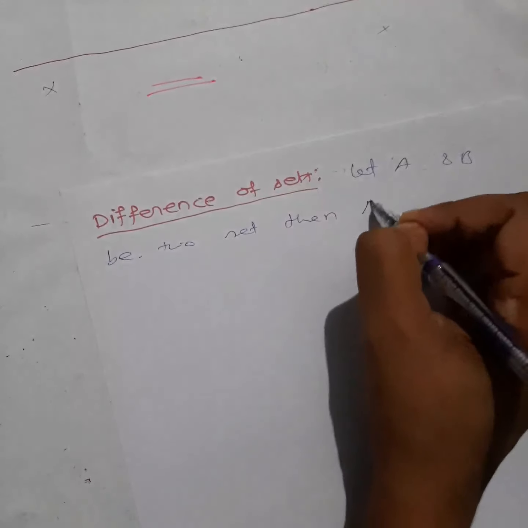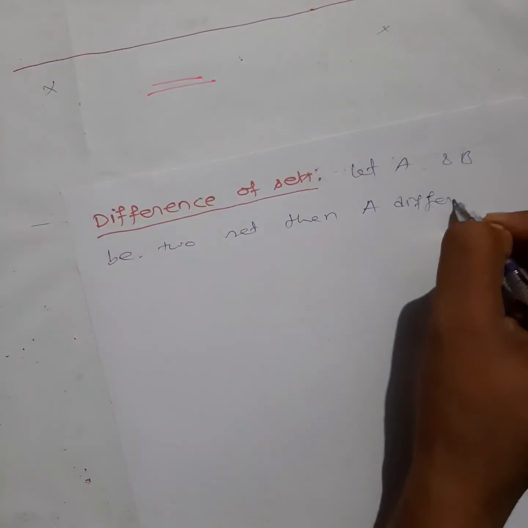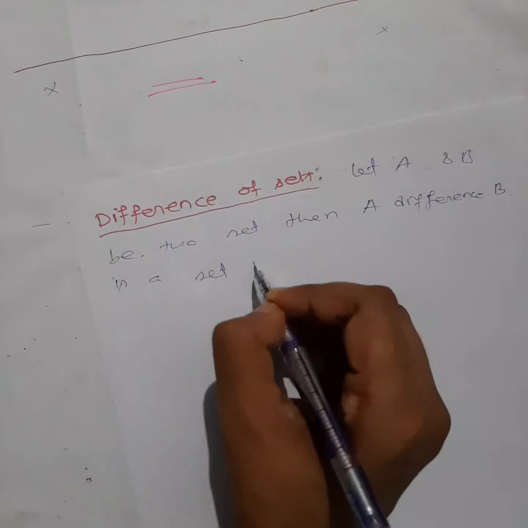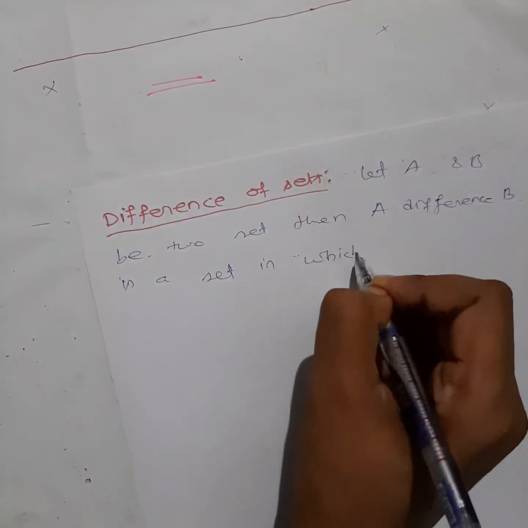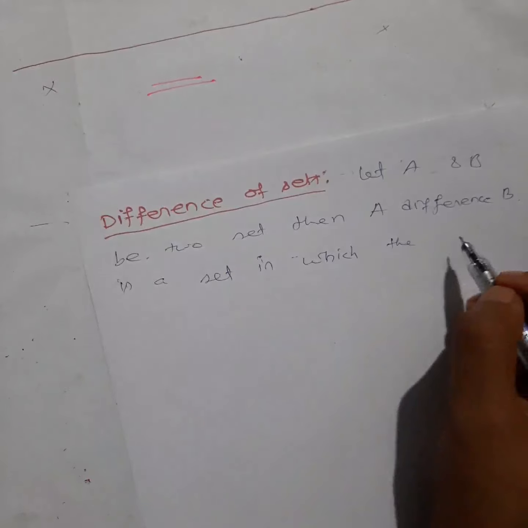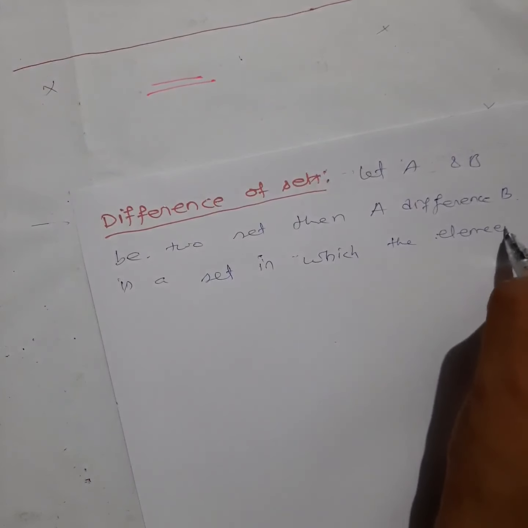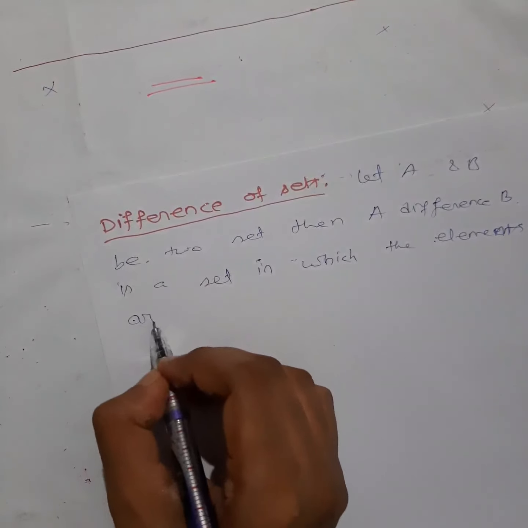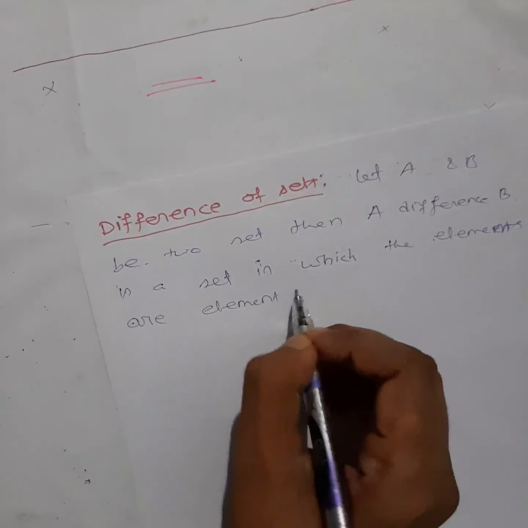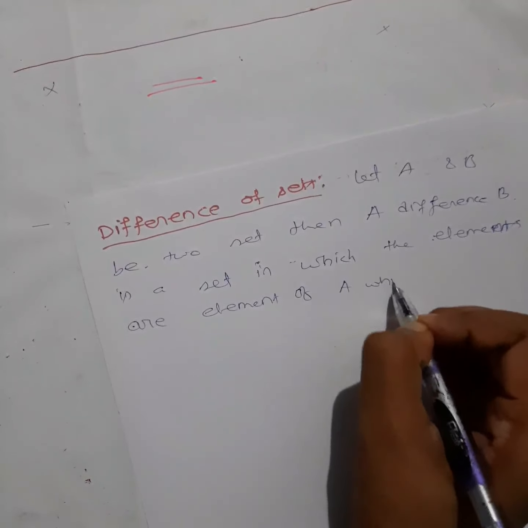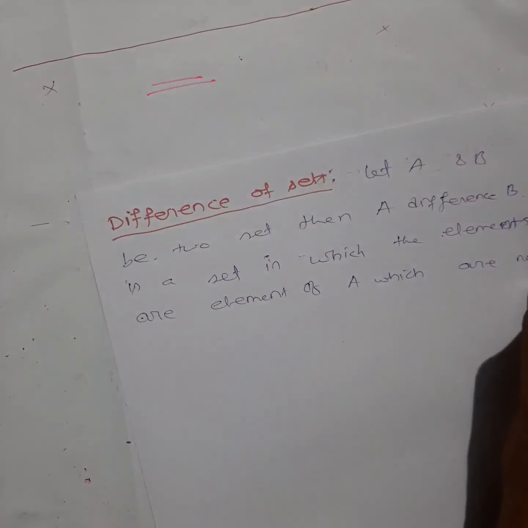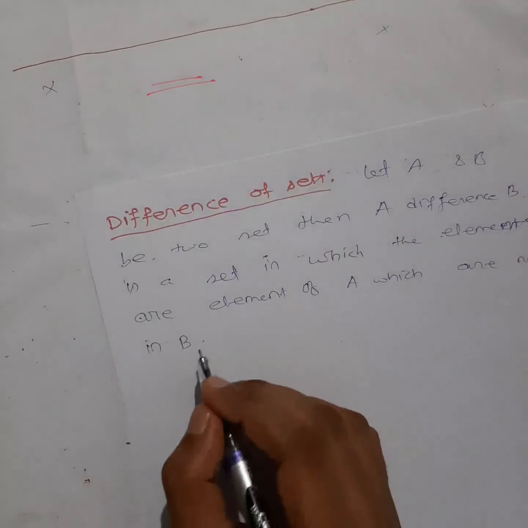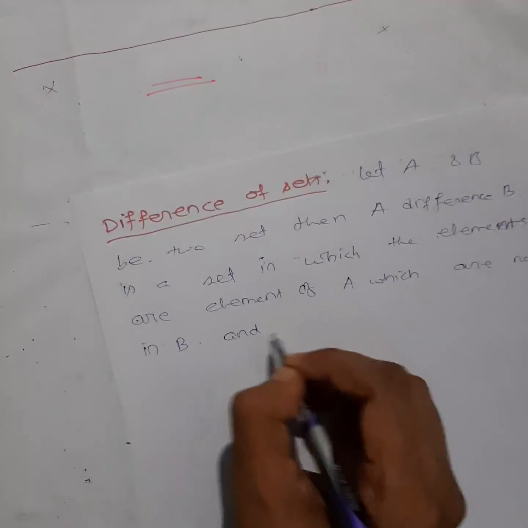Then A difference B is a set in which the elements are elements of A which are not in B. Not in B. What does this mean? See carefully. It is denoted by,